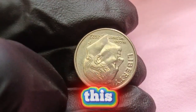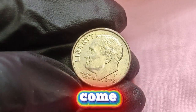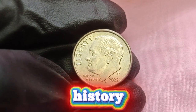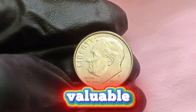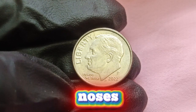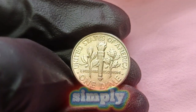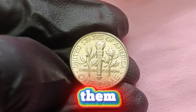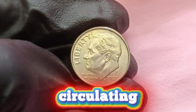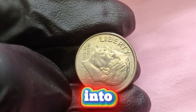But let's finish with this. The 202p dime is proof that rarity doesn't have to come from age, from centuries of wear, or from ancient history. Sometimes, the most valuable treasures are minted in our own lifetimes, hiding right under our noses, waiting for someone bold enough, patient enough, or simply lucky enough to recognize them. That's why collectors keep hunting, why stories keep circulating, and why ordinary people suddenly find themselves thrust into the spotlight